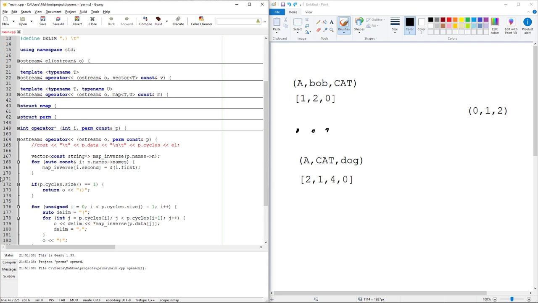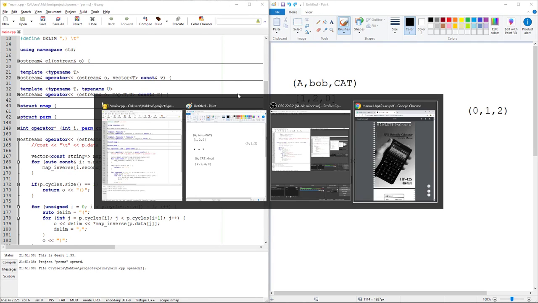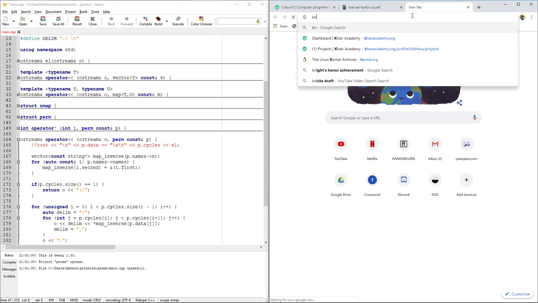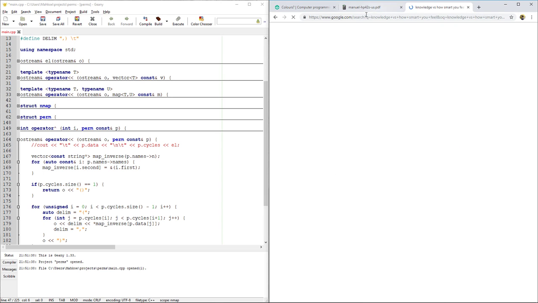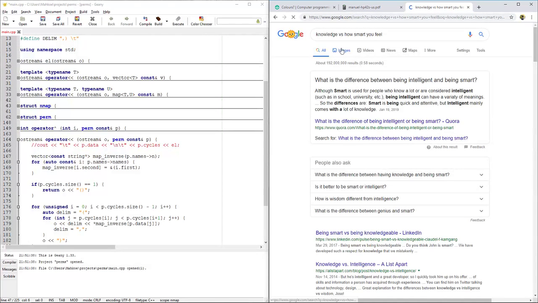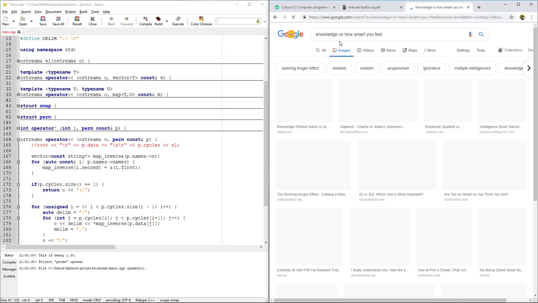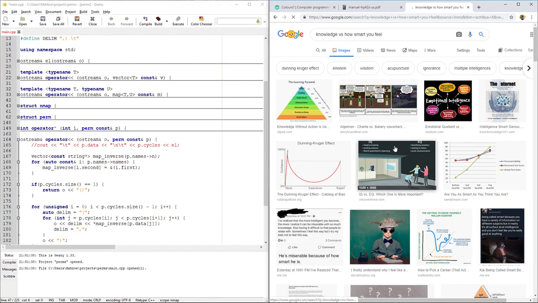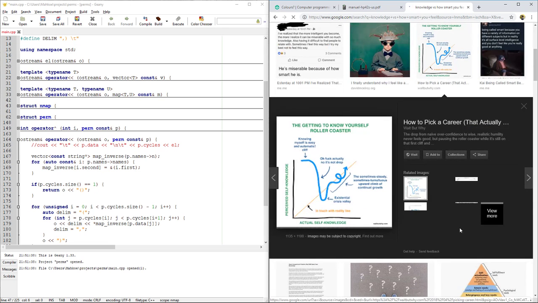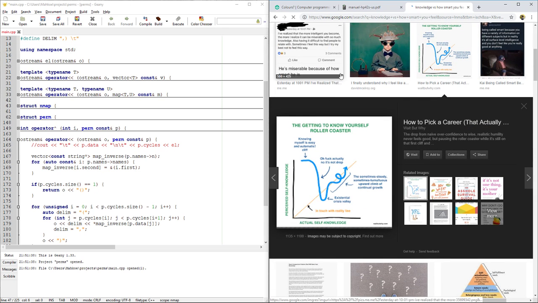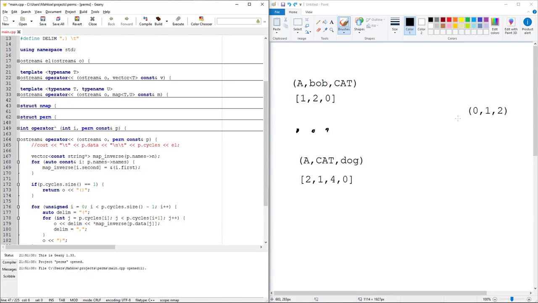It's like, have you ever seen this curve on the internet? What do they call it? The knowledge versus how smart you feel. I don't know why I'm looking it up when I could just draw it. And now I'm letting everybody know how slow my internet is. What is this? Okay, it's kind of close, but no. Basically,